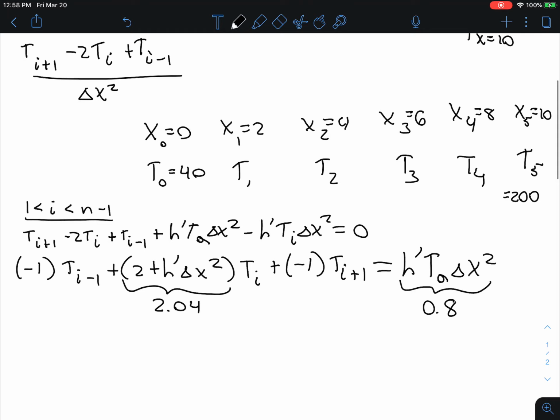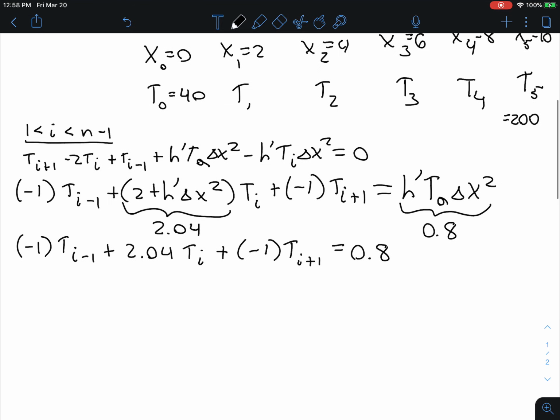So this equation, evaluated for arbitrary i, is going to look like -1 T sub i minus 1 plus 2.04 T sub i plus -1 T sub i plus 1 equals 0.8. So this equation is true for i equals 2 and 3 in this case,